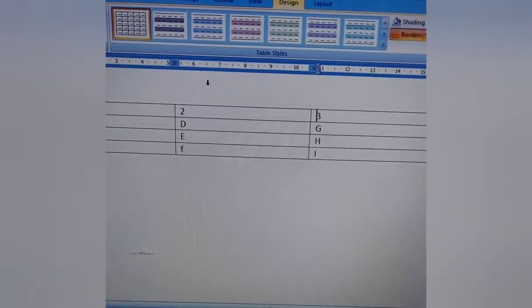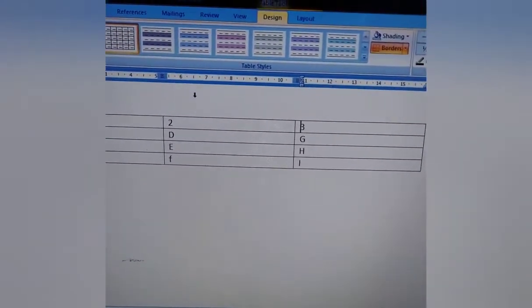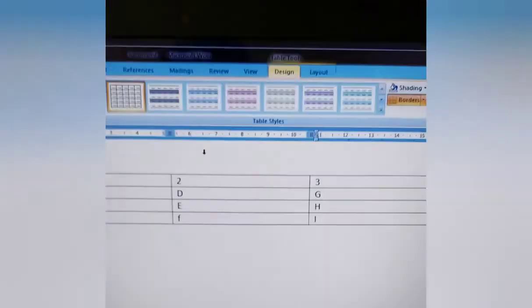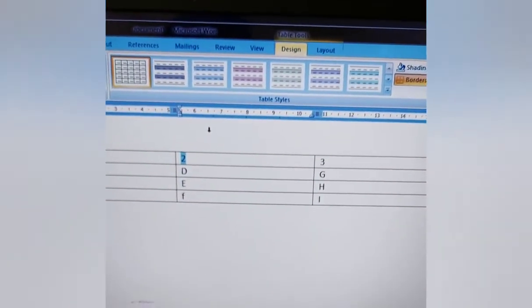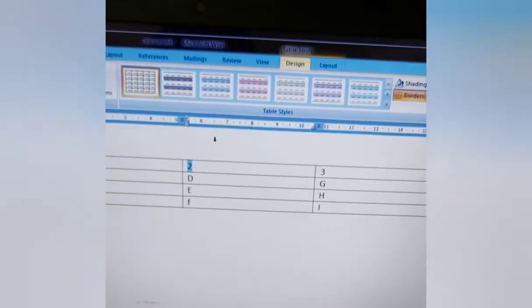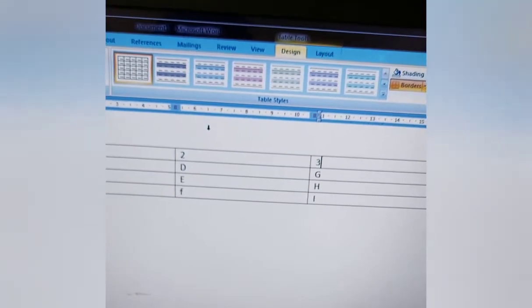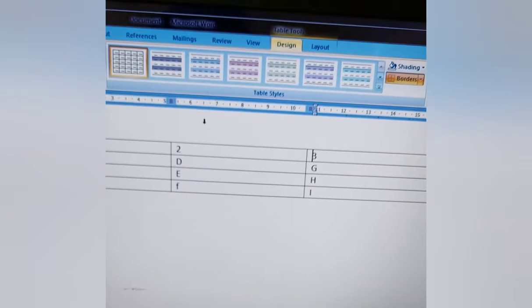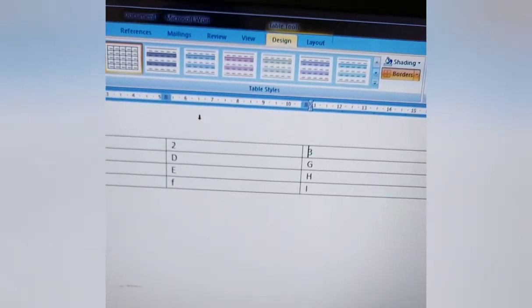But how can we move to the left side? We can use shift plus tab, which means these two keys together. I went to the left. Again, see, I am at cell 3. I will go to cell 2, which is to the left of cell 3.